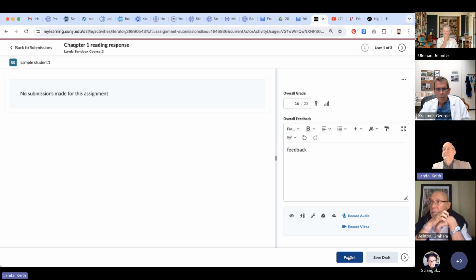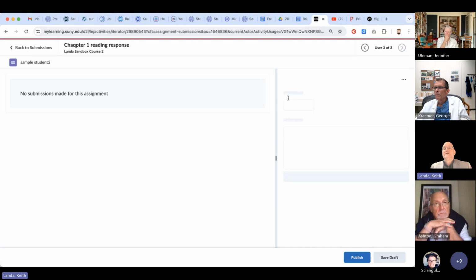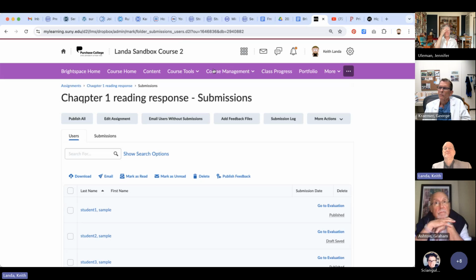And I can publish that score to the grade book. I can go on to the next student and I'll give that student a 10 and go on to the next student. I'm going to save that and give that student an 18 and publish that, and go back to submissions so that I can get my Brightspace menus,